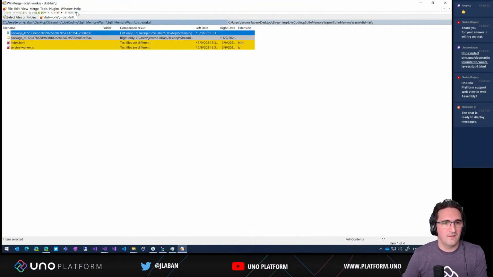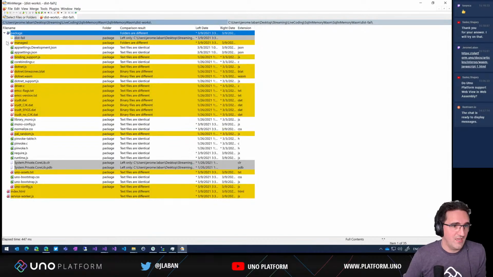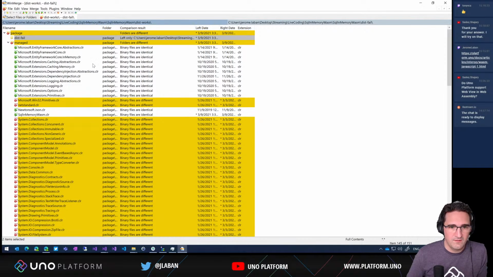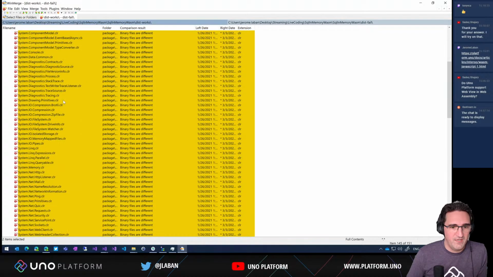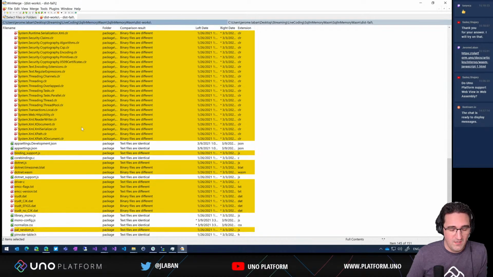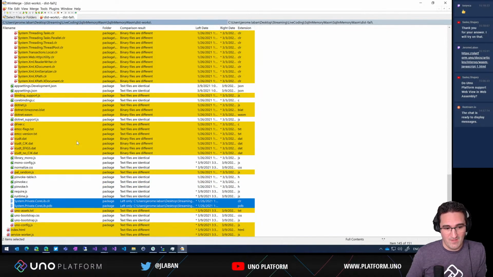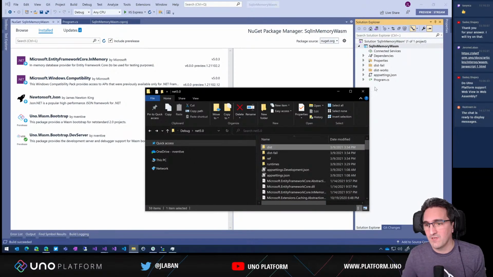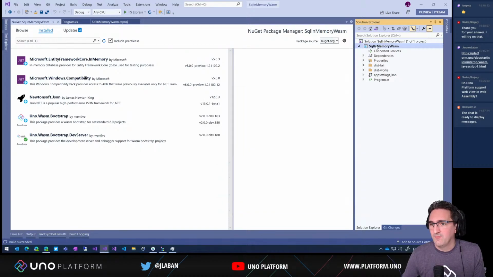Okay, so let's refresh this. Okay, so in the package we have differences there. So the number of files, we have the core lib that's different here, but I'm not sure if it's going to help that much. Okay, and in the manage folder, we have files that are different. So all the files are there. So if all the files are there and they're not different, that means that it could be a runtime error. So to validate this, we're going to be doing a trick, which is we're going to go back to